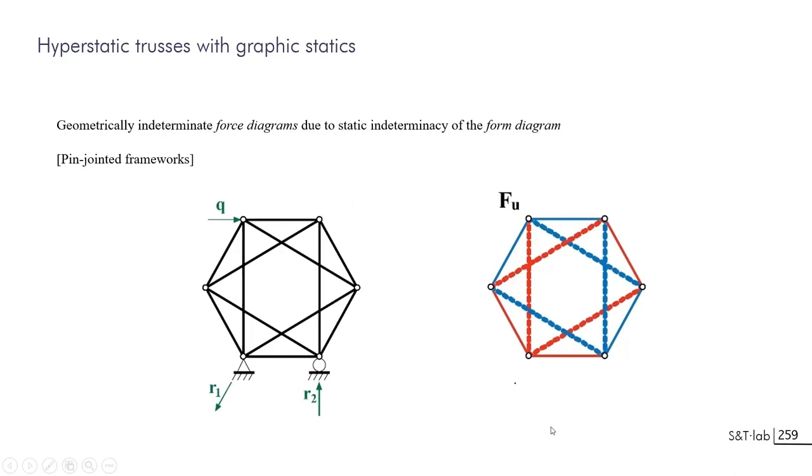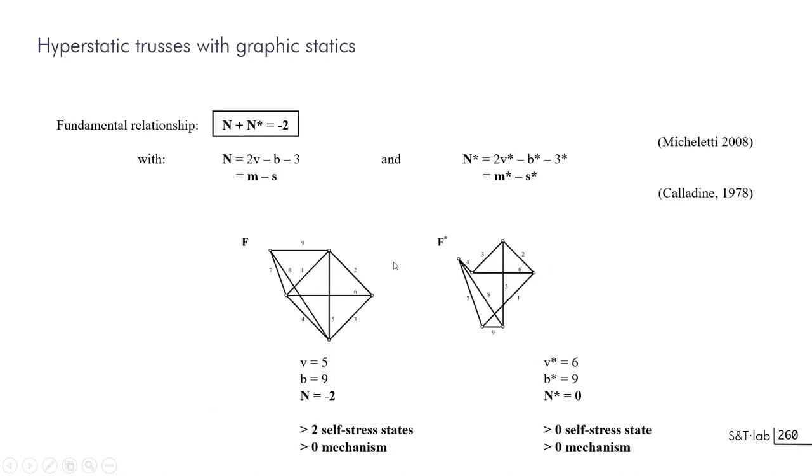So how to solve this? I remind you that these systems are pin jointed. So in this case, the joints are just turning around the system, and the crossing bars are not hinged and not connected here in between. So they are just bars. First is to decide what will be the level of the hypostatic problem. So you have two formulas, one putting forward what would be the level of indeterminacy. For this, you will be using 2 times the number of vertices, so points, the number of bars, and